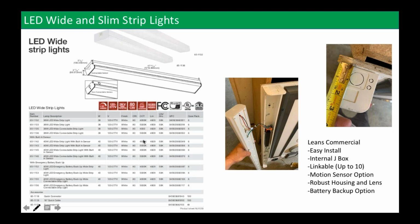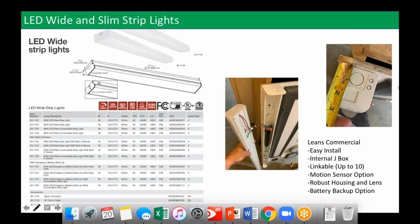They're also going to be a lot brighter. So these are coming in as far as lumen output about 4,800 lumens. Again, we have a knockout in the center and on the sides, but they're also connectable as well. So you can connect up to 10 of these without any problem. So these would be great for a parking lot,